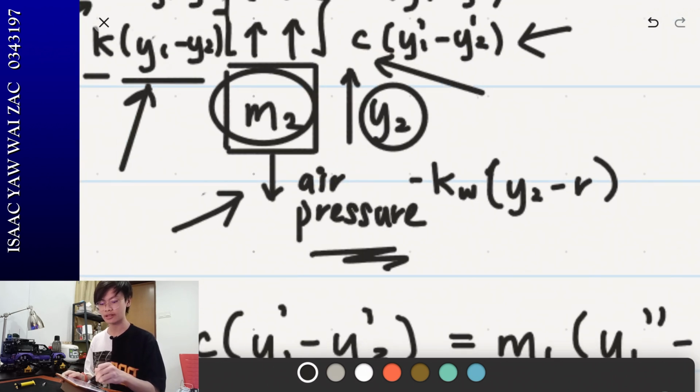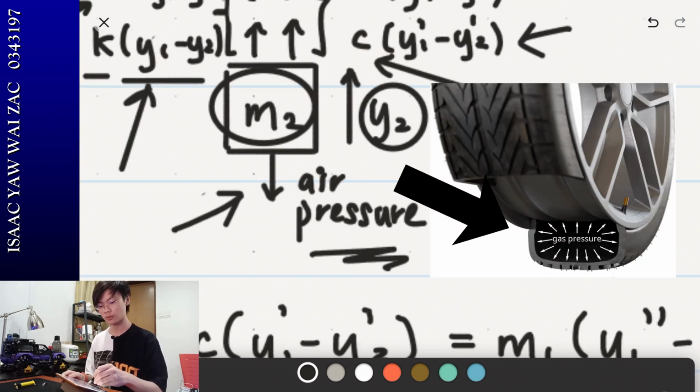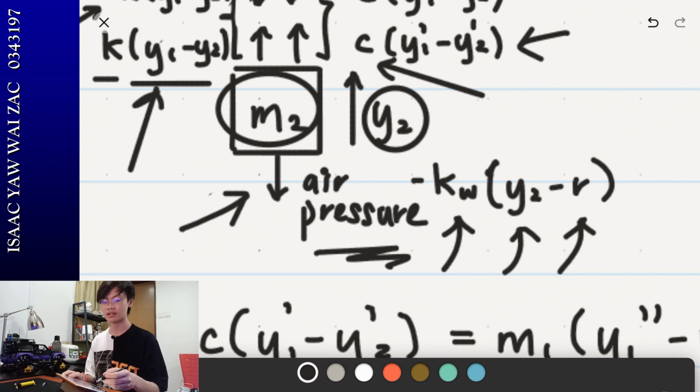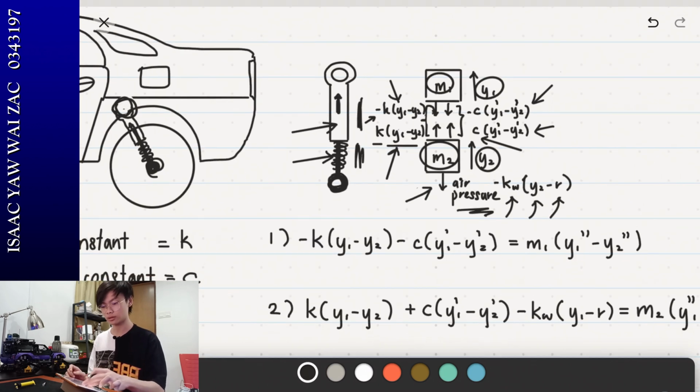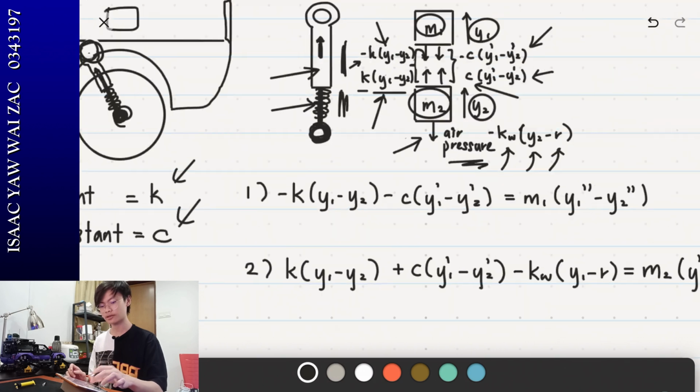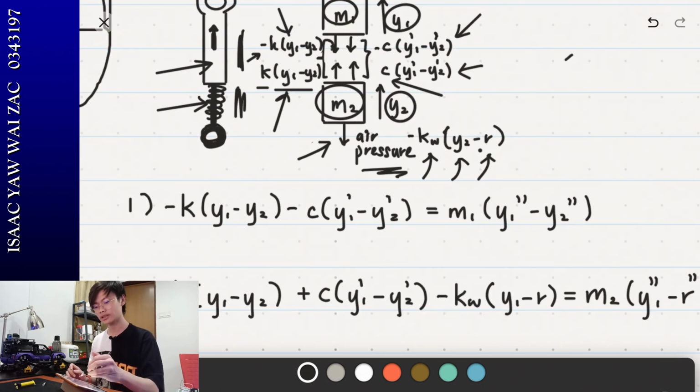So air pressure is taken into consideration. So I take this as the constant of the wheel, and instead of y2 minus y1, I use y2 minus r, where r is the radius of the wheel. So these are the spring constant and the damping constant. With the help of all these forces,